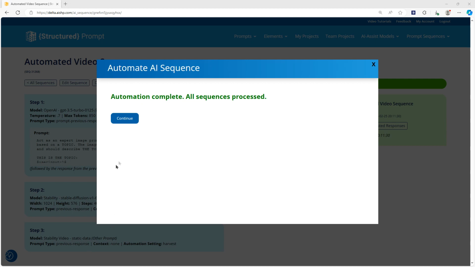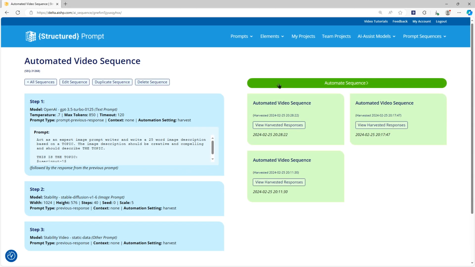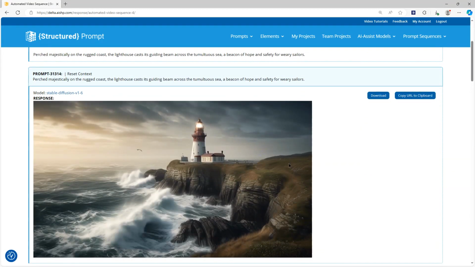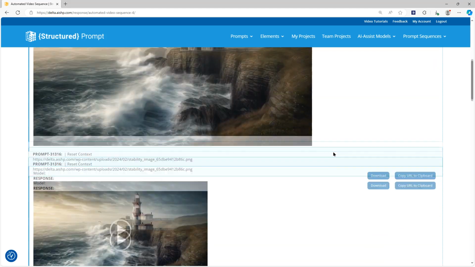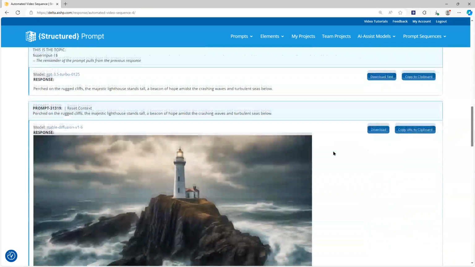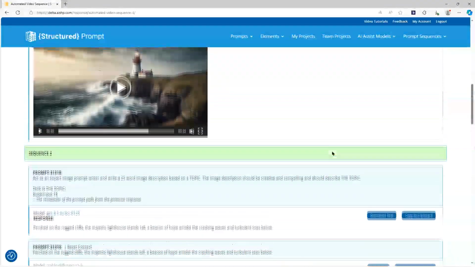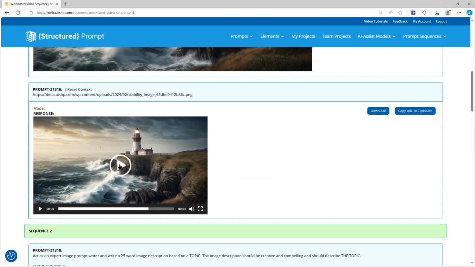Okay, so that finished. I didn't time it, I should have, but it probably took 5 minutes or so. It felt like it took a long time. But now my 3 videos will be here under this newest block. So basically we generated 3 images and 3 related videos. So here's 1, 2, and 3. And if we look at our first video,